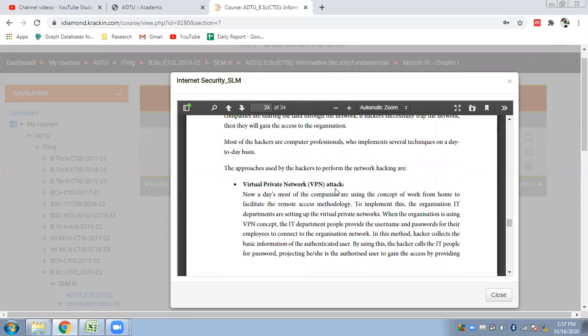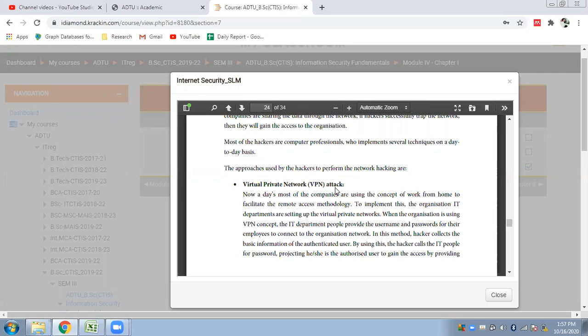One is the VPN attack. So what is VPN? Virtual private network. Any organization will have one public network, and they will have the organizational network. Nowadays when we are working from home, many of the big organizations and companies have their own organization network.